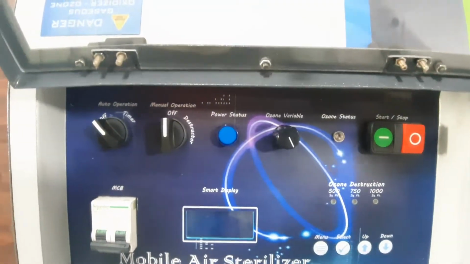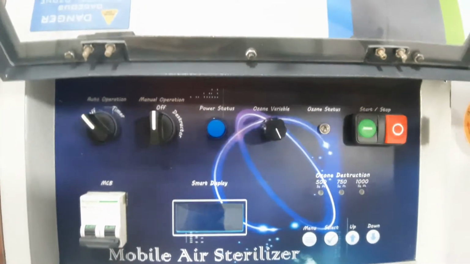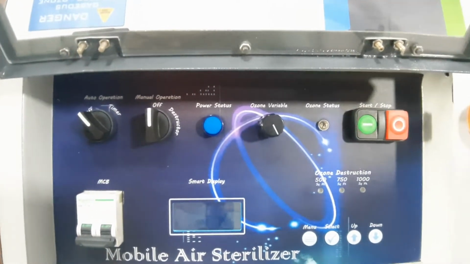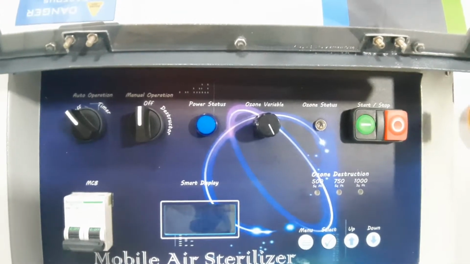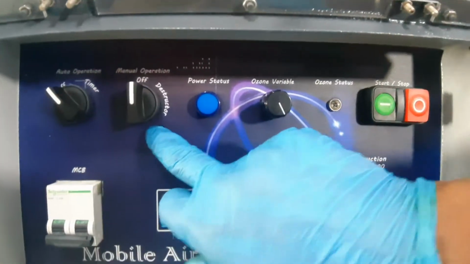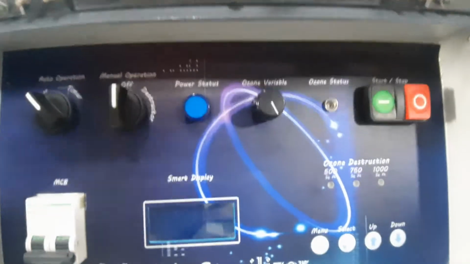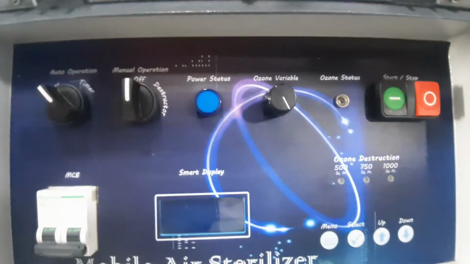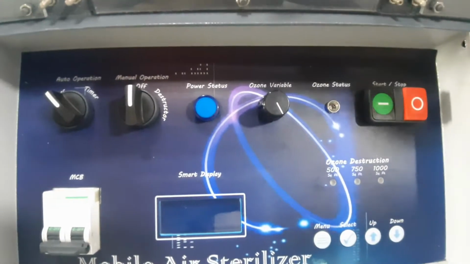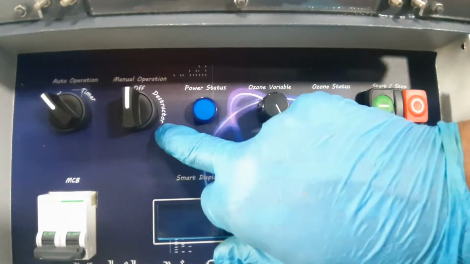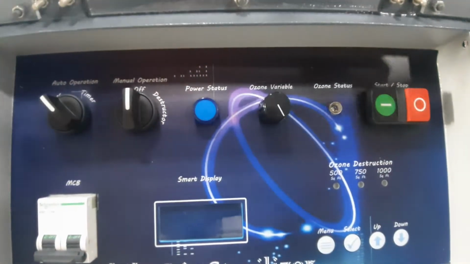If we want to manually operate only the distraction process after the ozone cycle completes, we can do so. In other words, after the sterilization of the room, when you enter the room and the ozone smell is still very strong, at that time you can turn on this distractor to destroy the excess ozone.